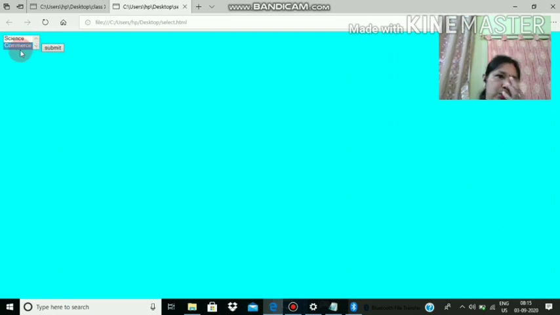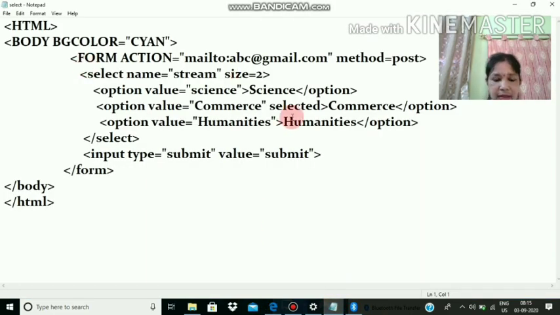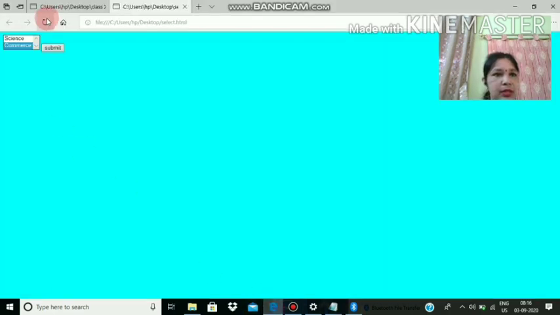If I want to choose more than one value, can I do it? Press the Control key and then try to click on any. No, we cannot. But if you want to select more than one option, in the select tag you add multiple, and I'm making the size 3 so that all the 3 values will be shown there. Now save it and see.